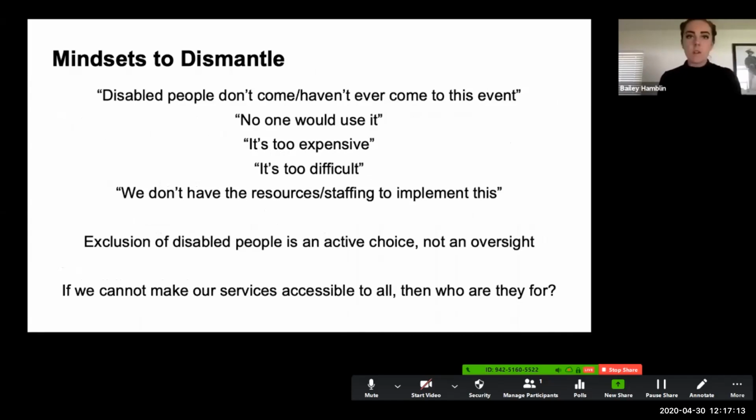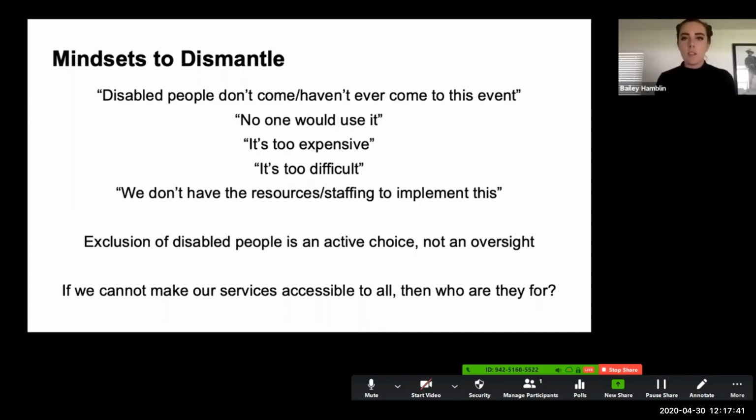more accessible. Disabled people don't ever come or haven't ever come to this event, and no one would use it. It's too expensive and it's too difficult. We don't have the resources or staffing to implement this. So I think this speaks to a lot of underlying ableism within our own minds and our own thought processes. But I think that if we can do our planning from the forefront,